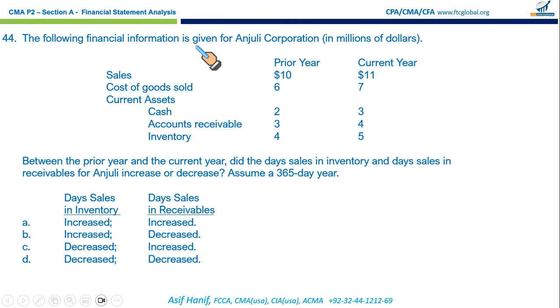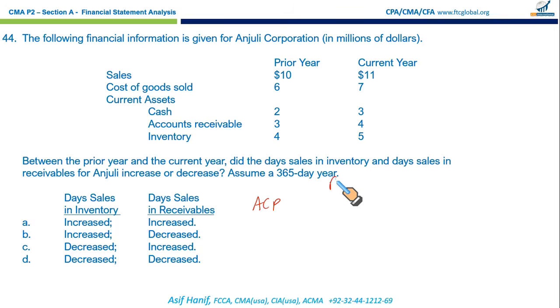The following financial information is given for Anjali Corporation in millions of dollars: sales for both years, cost of goods sold, current assets in the form of cash, account receivables and inventory. What is required? Between the prior year and the current year, did the days sales in inventory and days sales in receivables for this company increase or decrease? Assume 365-day year. Right, let us first find out the days sales inventory and average collection period